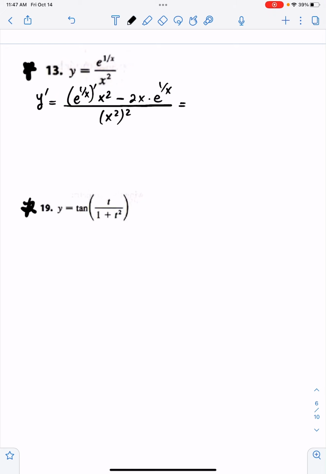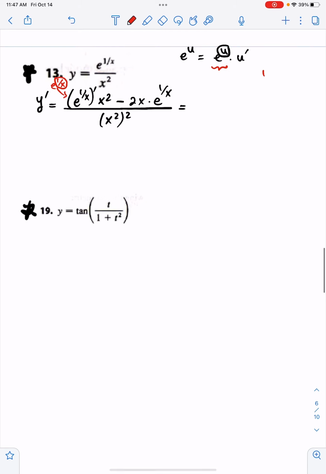Derivative of e to any power, e to the power u, is e to the power u, but then multiply by whatever is derivative of the inside function. Multiply by derivative of u if there is anything inside that function. So in this case, I'm going to write it with red. So e to the power 1 over x, that's this piece, e to u, times derivative of inside, derivative of 1